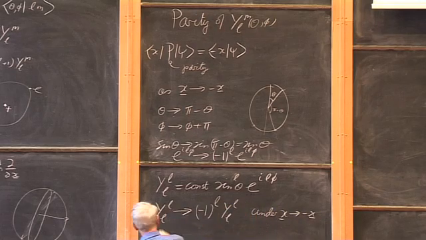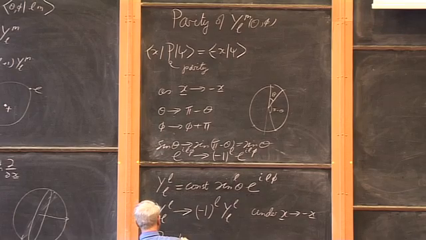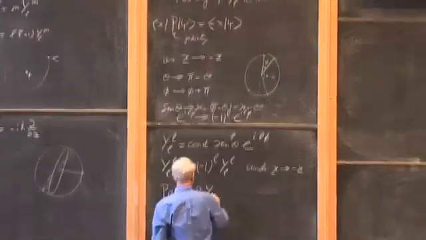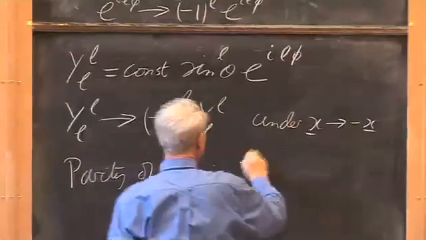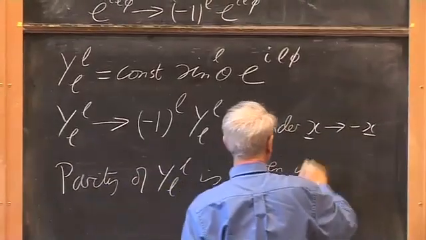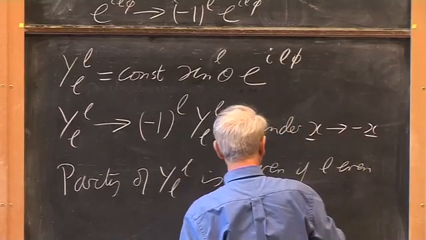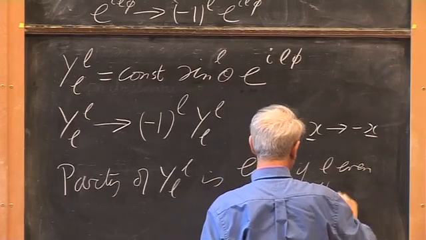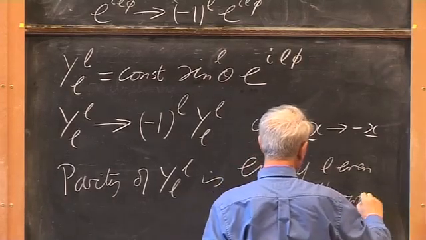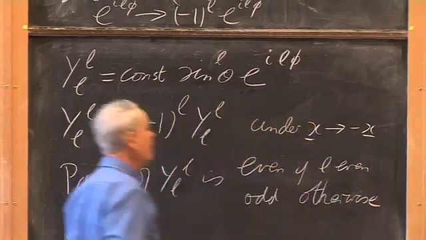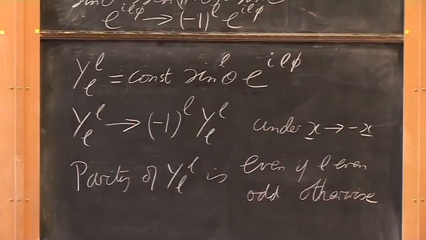So this means the parity of Y_LL is even if L is even and odd otherwise. That's a very important result, and moreover it generalizes because we have